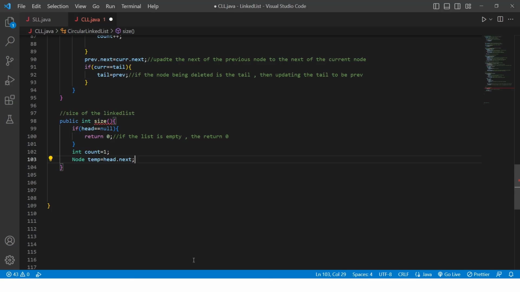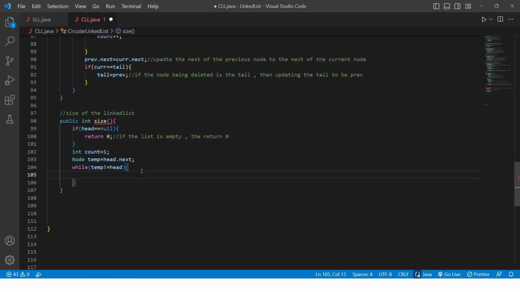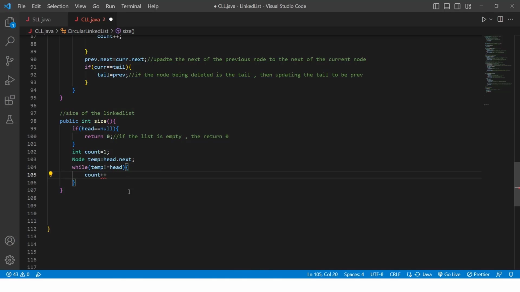All right, so what I'll do is, while temp is not equals to head. See, I'm not writing null. Previously we had written temp is not equals to null, right? Because in a circular linked list no null is there. Temp is not equals to head. People might ask why not take the head here, how will we find the size? Because we started from 1, you can see over here, right? What I'll do is count plus plus,